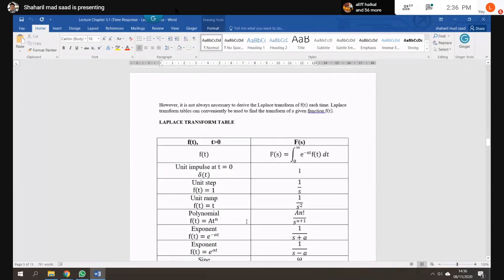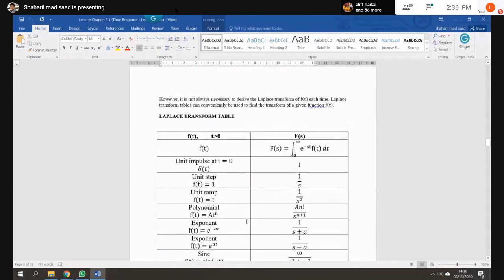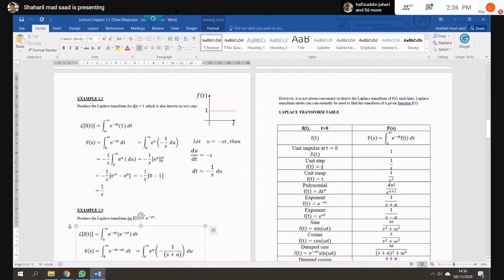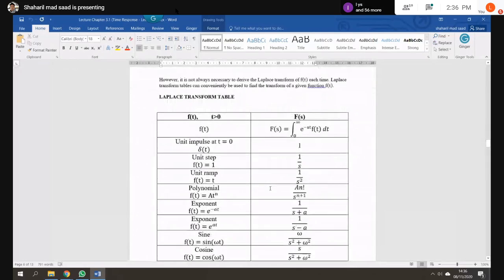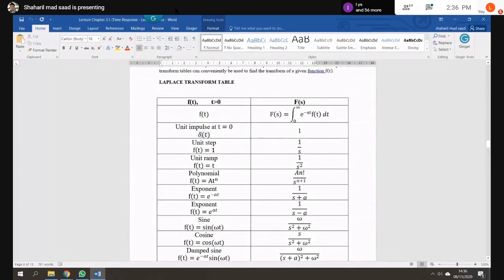However, you will be given the table. So like the pass input where t equals 0, the unit step. This one, the unit step input, we get 1 over s. We get it for the ramp input. So when we Laplace, we get 1 over s squared,